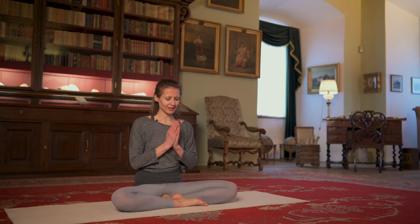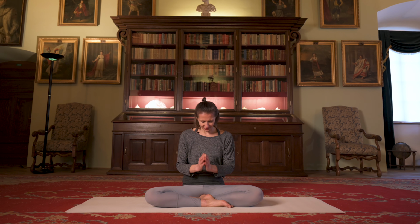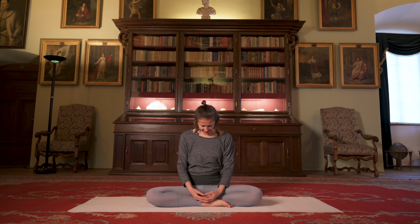And then slowly join your palms together in front of your heart in Anjali Mudra, which reminds us that whatever we are seeking outside can be found in the jewel of our heart. And slowly release your hands, bow your head, and with the next